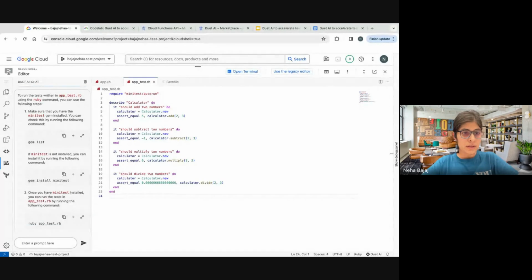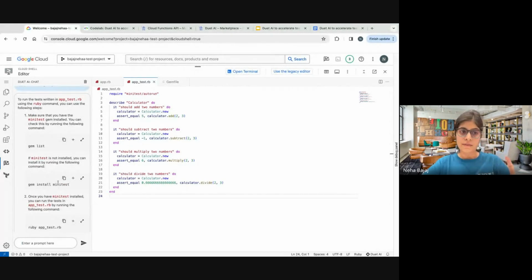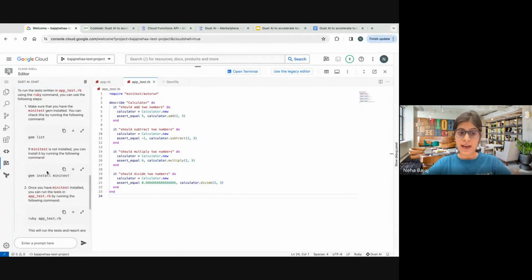Okay, so it gives me the list of things that I need to do. First of all, I need to have the minitest dependency installed, right? That we didn't do. So we'll copy this command, which says gem install minitest. Now we want a terminal where we want to run this. So for that,